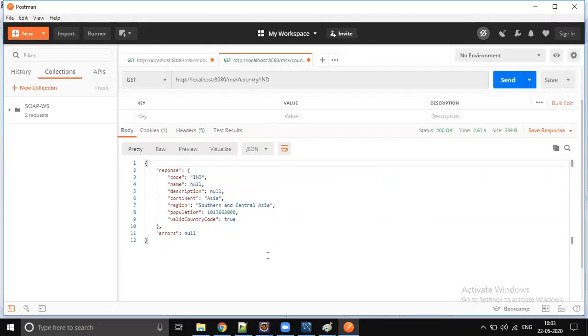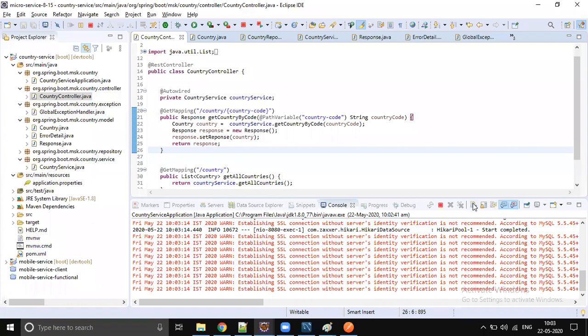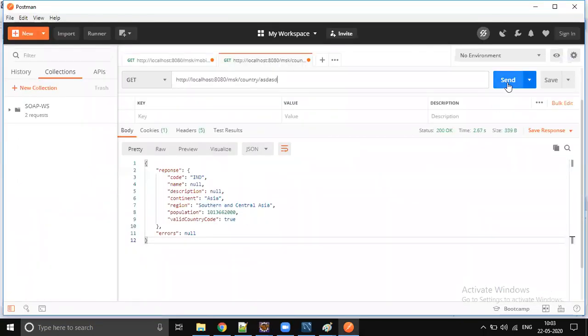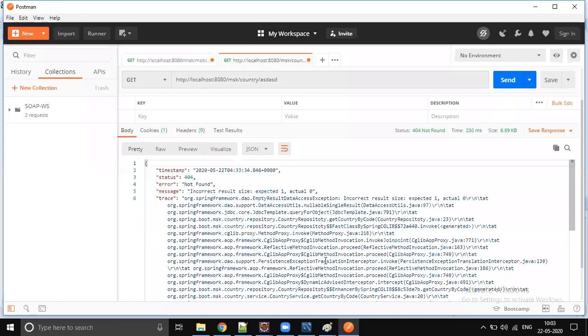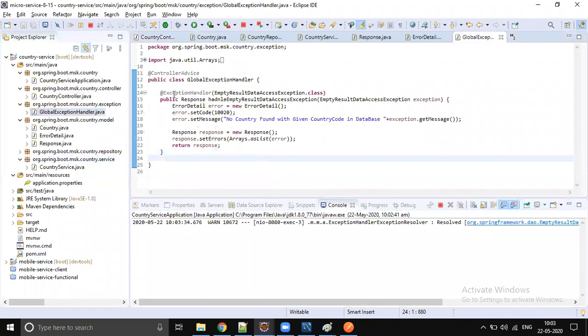You got the data, right? So yeah, you got the data. Now let's send some junk data which is not there in the database. You get some exception. Till you are not getting what is the mistake I did. Okay, fine. So let's send this. Okay, so it will be going into your exception handling, right? Why is this not handled?